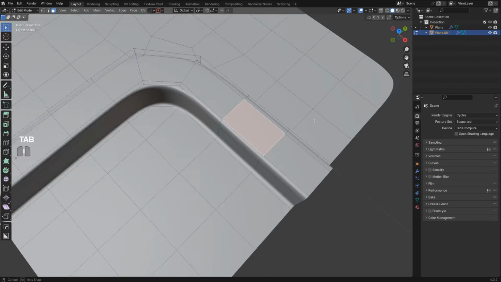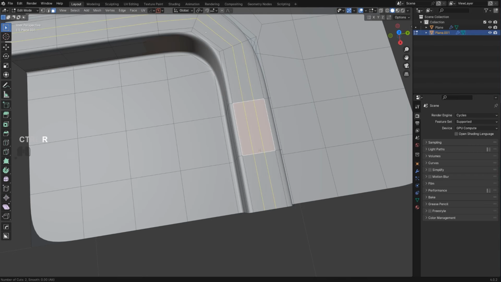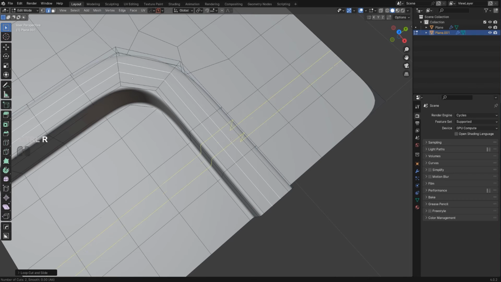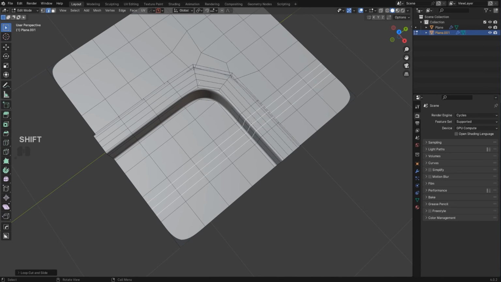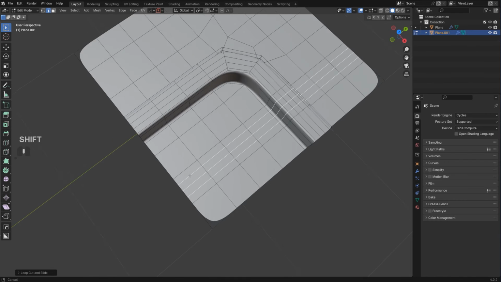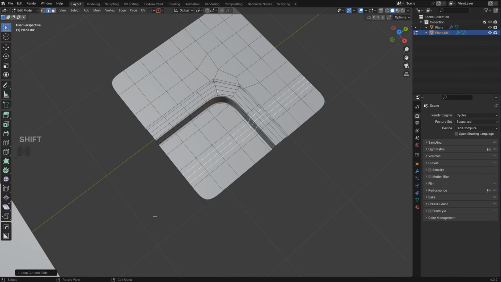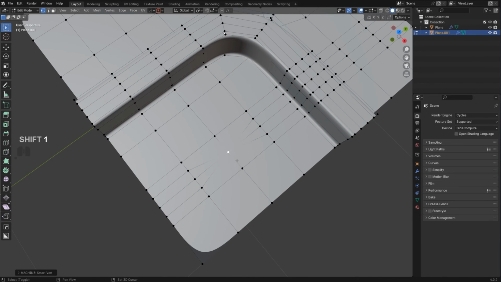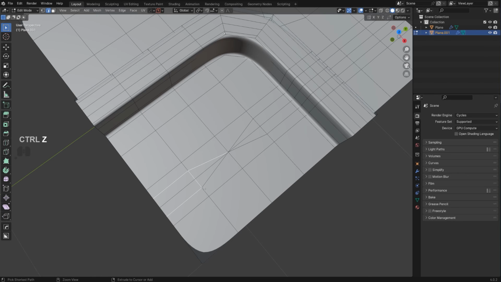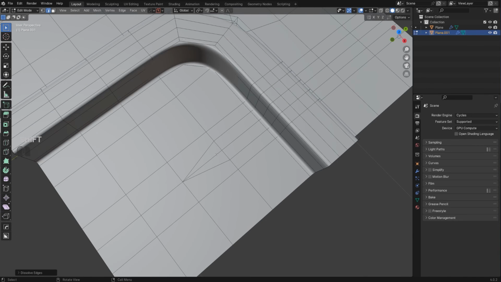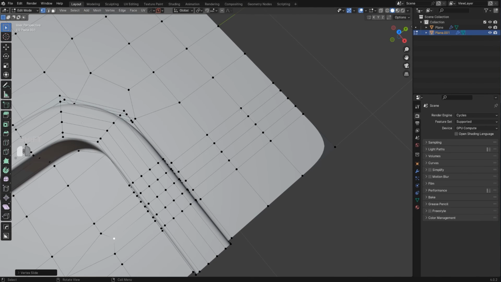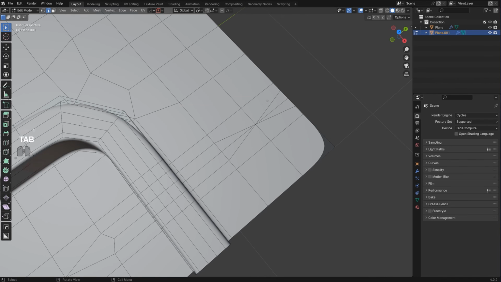So let's say I want to have some more detail in this area. What I could do is add, let's say, loops here, right? But my problem now is that I still will need to add loops in here. And what if I didn't want these loops to continue all the way down the model, because they will have to go somewhere. So what I can do, I can terminate them. I could just literally do this, right? So combine these edges here, dissolve this one, and create a quad here. And then you're simply containing this higher density topology to a specific area without affecting the entire model,